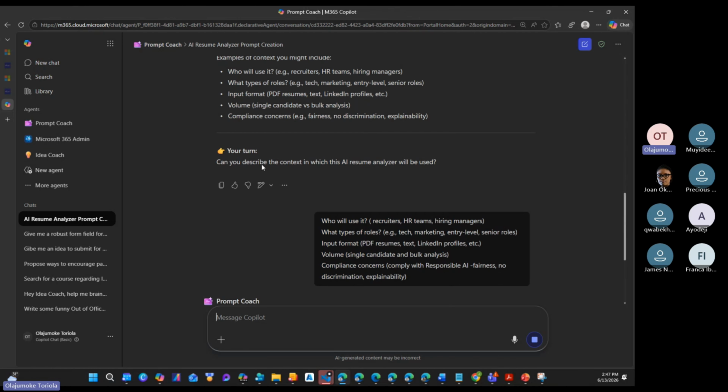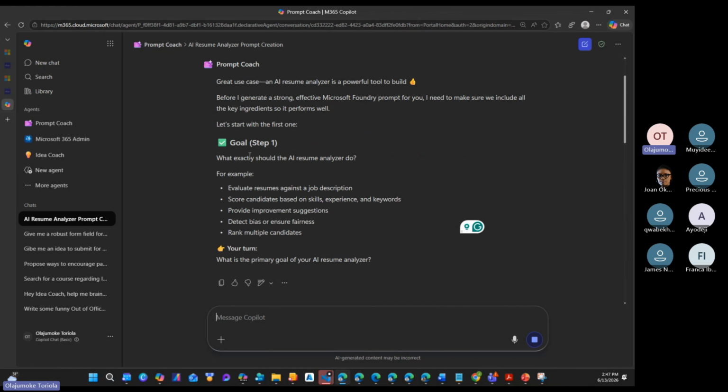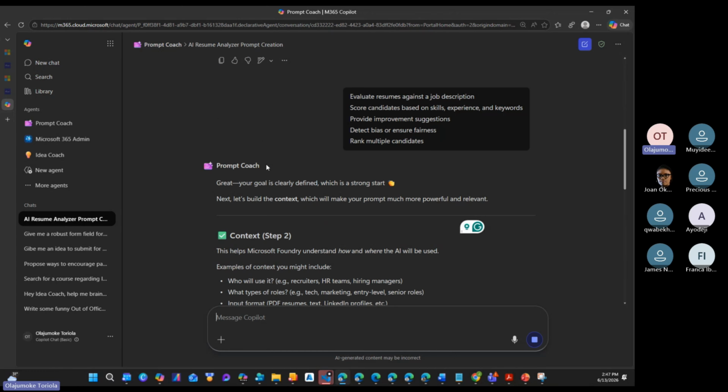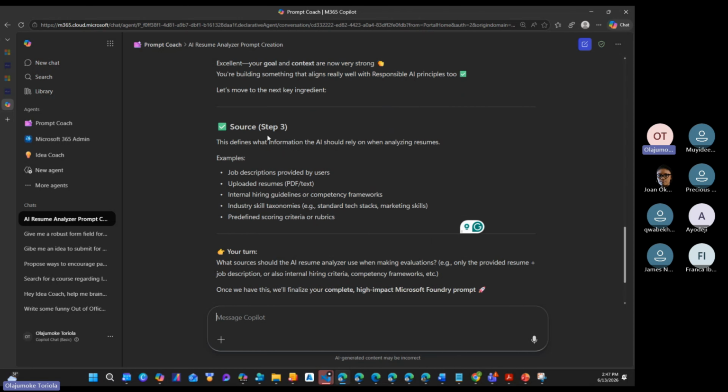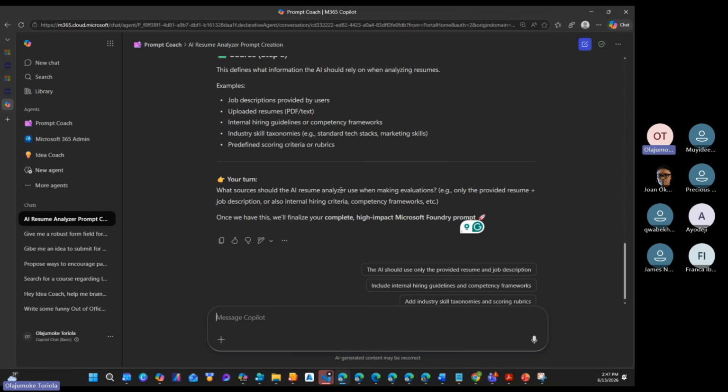You know, for prompting, the first thing is your goal. That's your step one. Your step two is context, and then the source. Where do you want to get the source? This defines what information the AI should rely on, whether job description uploaded and these things. So should the AI resume analyzer use this? I can say yes to all, because I want it to be able to use all of this.